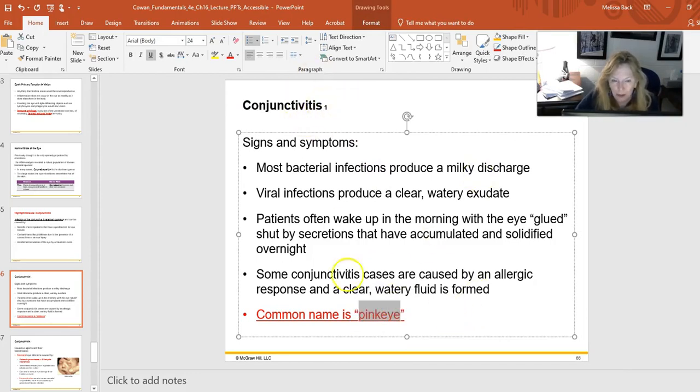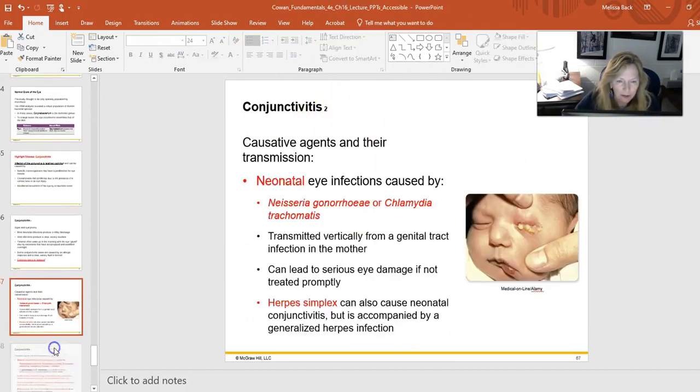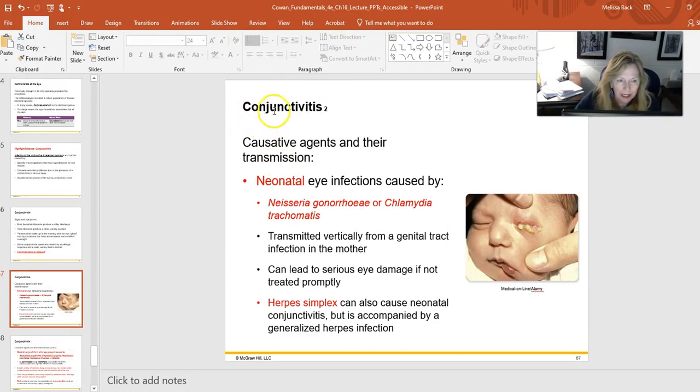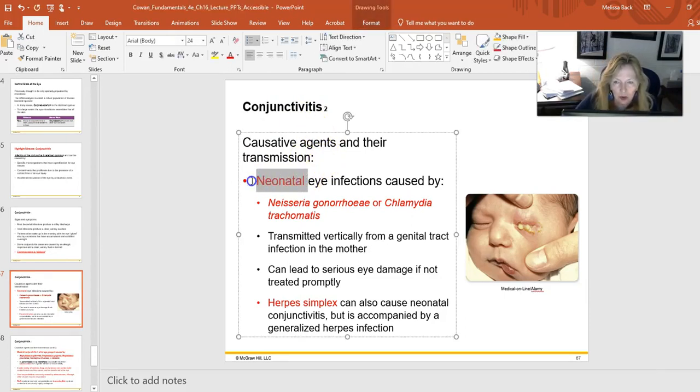Viral and allergies, we don't really call it pink eye. We just say that you have some conjunctivitis. But anyway, let's take a look at some of these causes of serious, not allergies, not usually viruses, but serious causes of conjunctivitis. In neonatal, so newborns, the thing that you worry about really most is